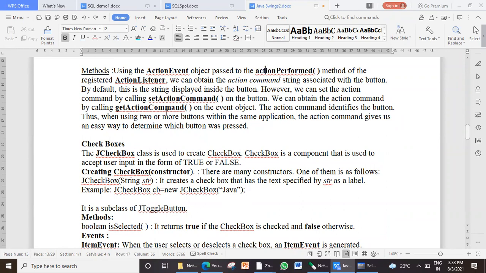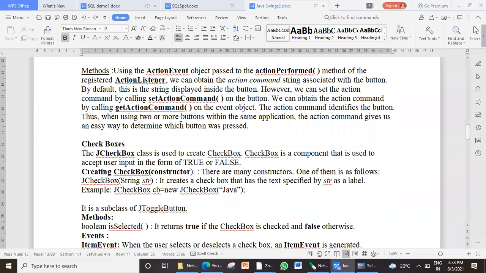Now this getActionCommand method will give you a string value, which is normally the text associated with a button by default. But again, that can be changed. Suppose you want the action command to be something different, a nickname. What appears on the button is different from how that button is addressed inside.